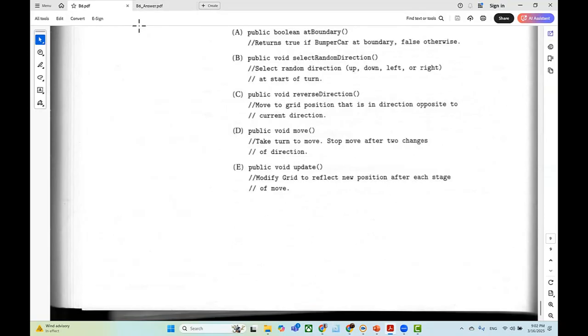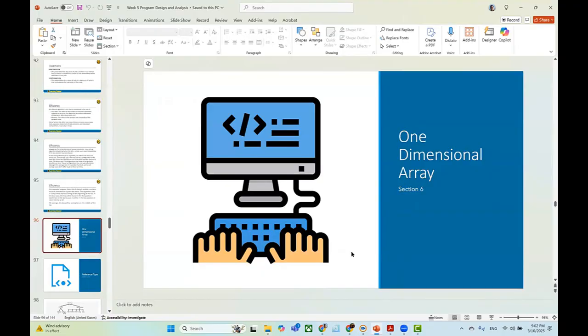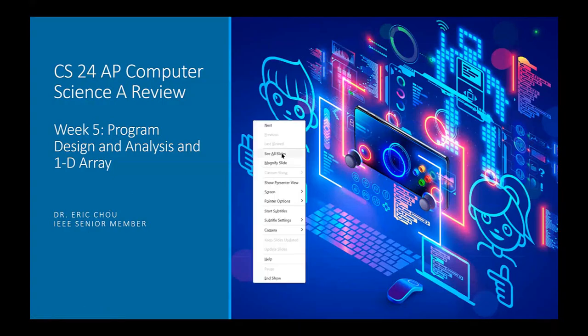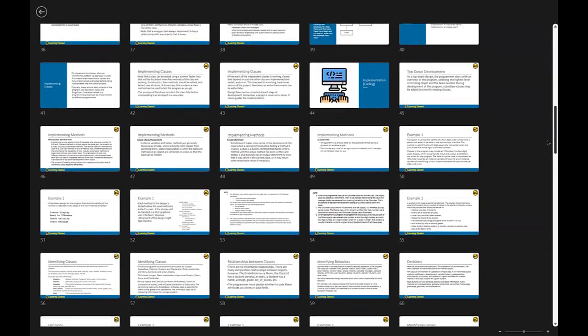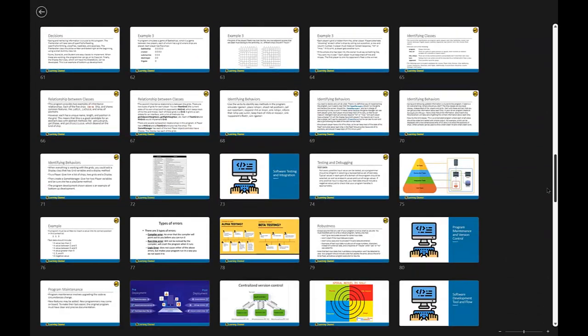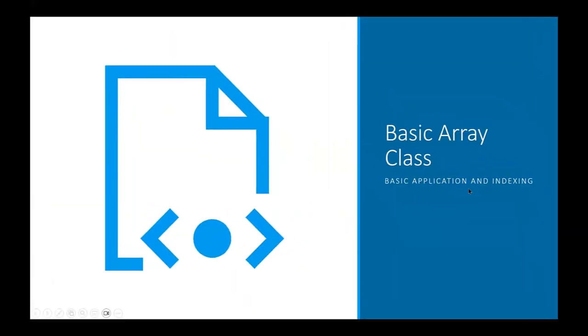Okay, so we finished this one, chapter 6, but because we have more time, we are going to go over the array. Okay, let's go over the array. So this is actually next week's review material, but because next week is too huge, we are going to go over the one-dimensional array today, okay? So one-dimensional array,